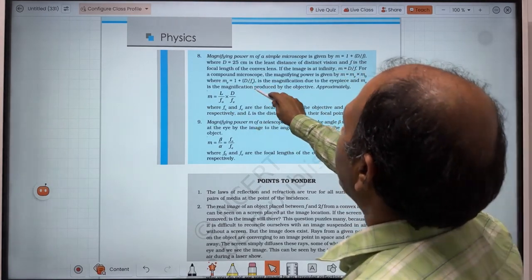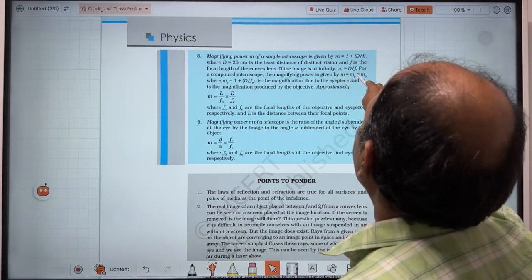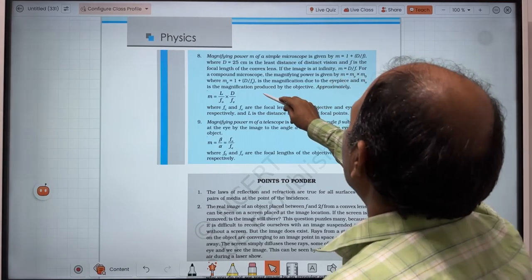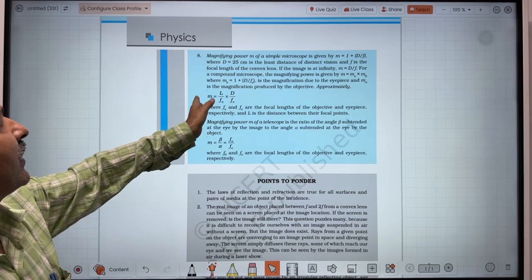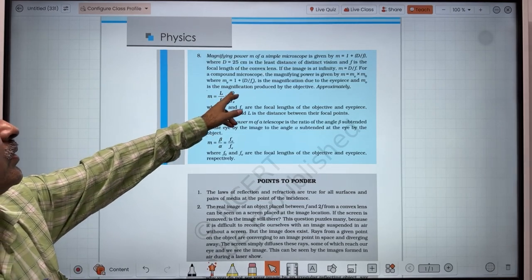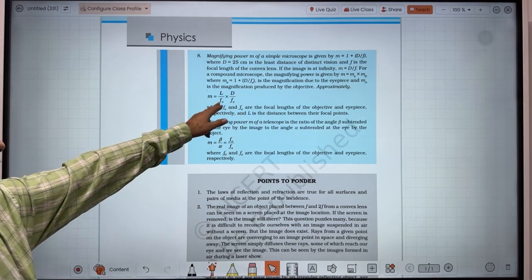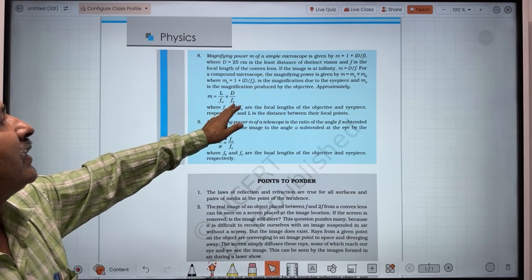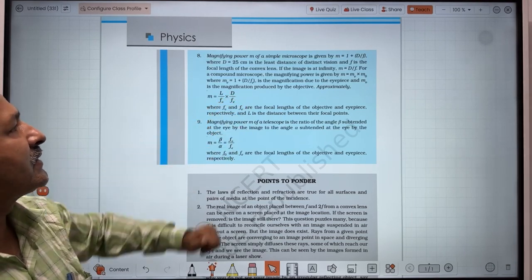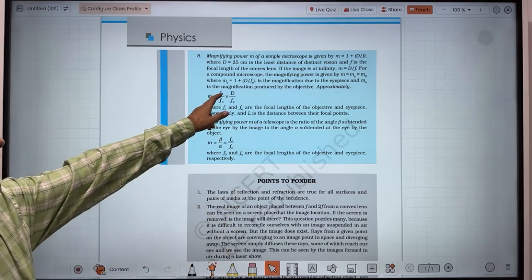In case of a compound microscope, the magnifying power will be given by me into mo, and me will be 1 plus D upon fe. Then we can write m equals L upon fo into D upon fe, where fo is the focal length of the objective, fe is the focal length of the eyepiece, D is the least distance of distinct vision, and L is